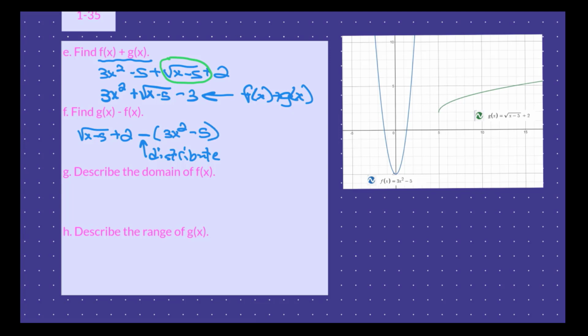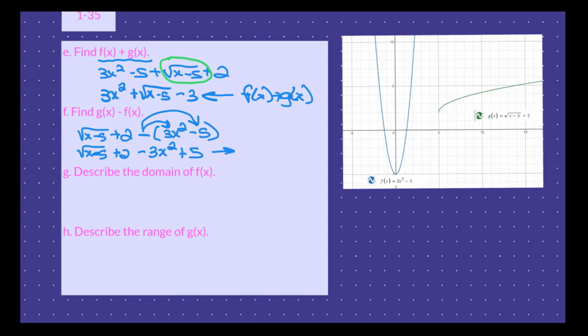Now, I'm going to go ahead and erase this word here so we have some room to write the results. So I come down here. I'm going to first just distribute my negative so I know what I have. And when I say distributed my negative, it means I'm going to put it on the 3x squared and the negative 5. So that means it's minus 3x squared plus 5. And then I'm just going to rewrite